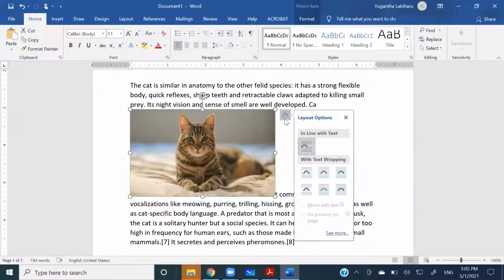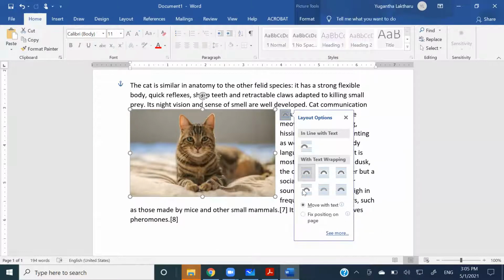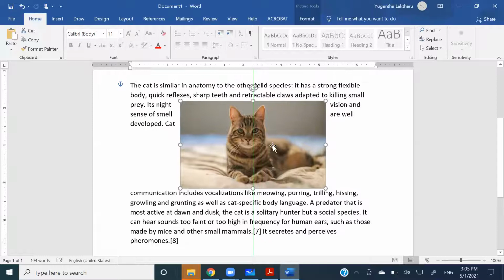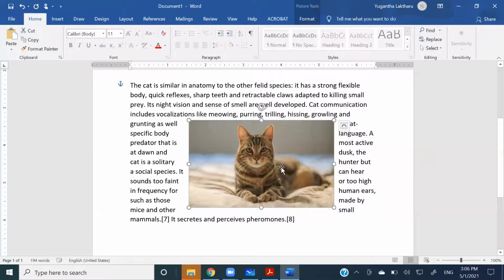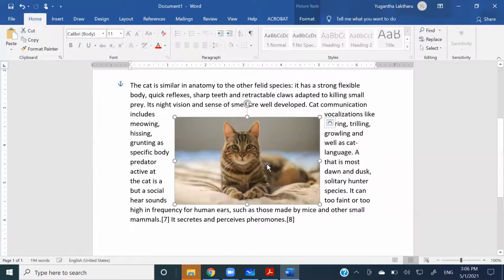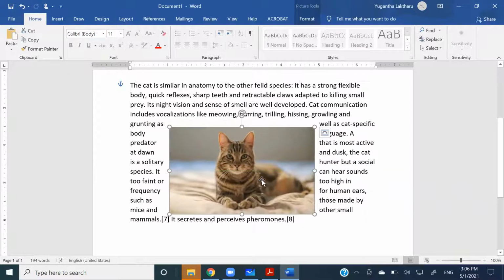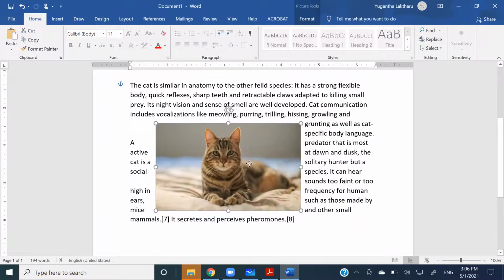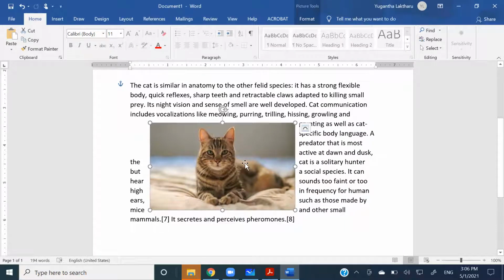But when we take the wrap text option, the first option says square. Once we tap on square, it is easy for us to move the picture. The text will arrange like a square. The picture will be considered as a square and the text will arrange around it according to the way we move. And if we change the wrap text option to tight,